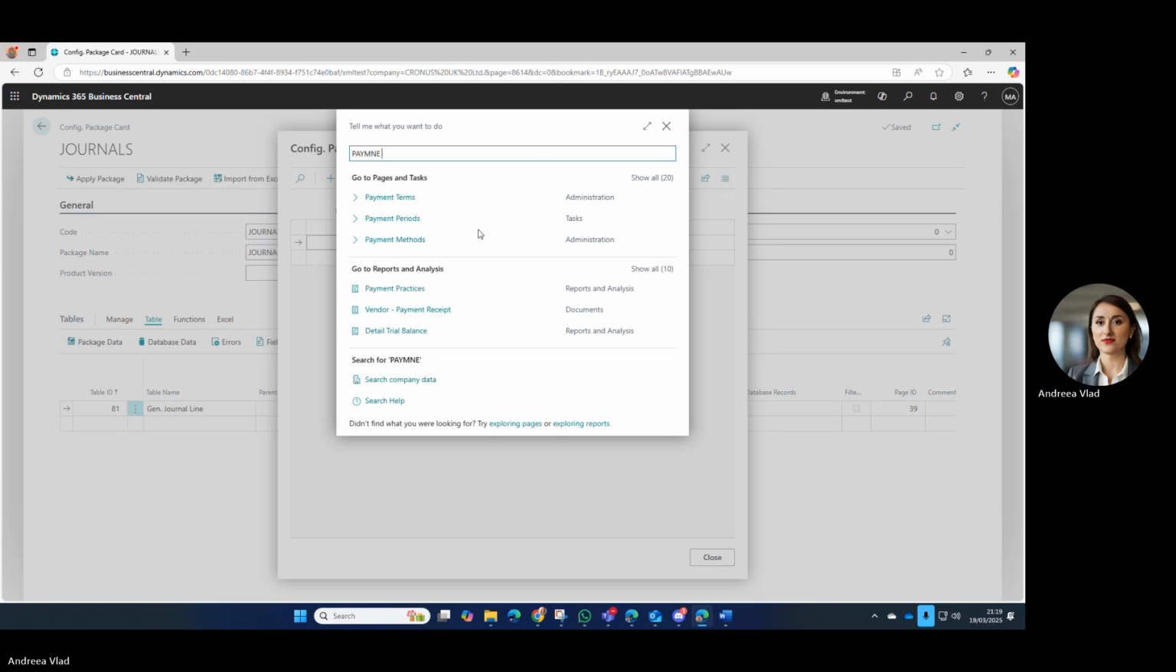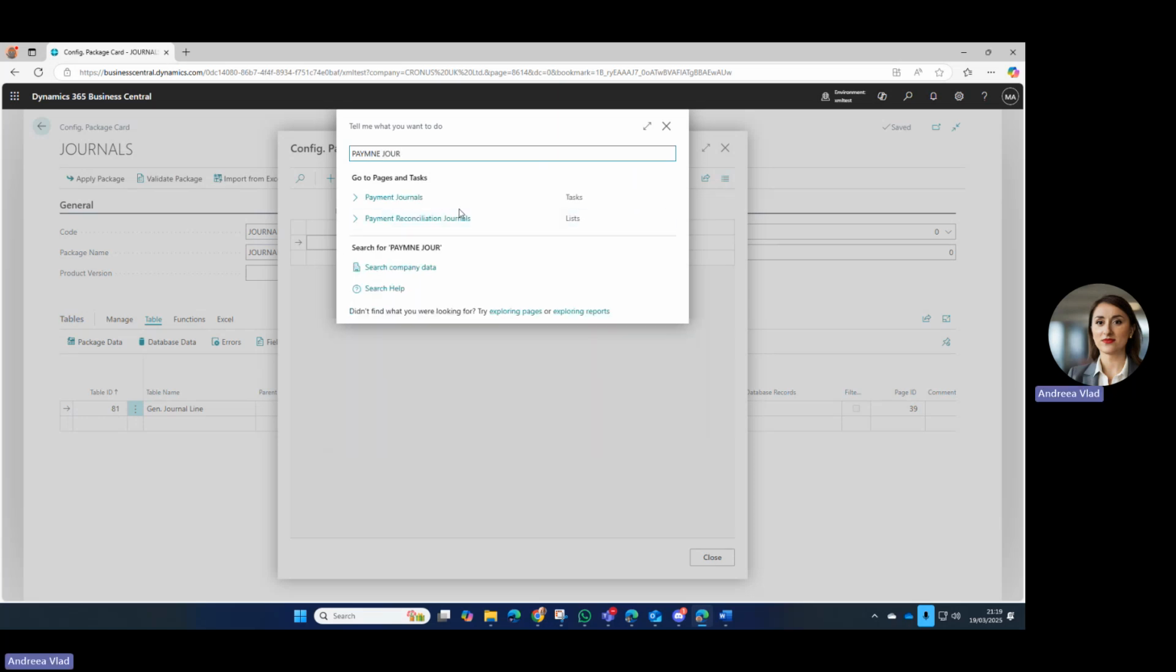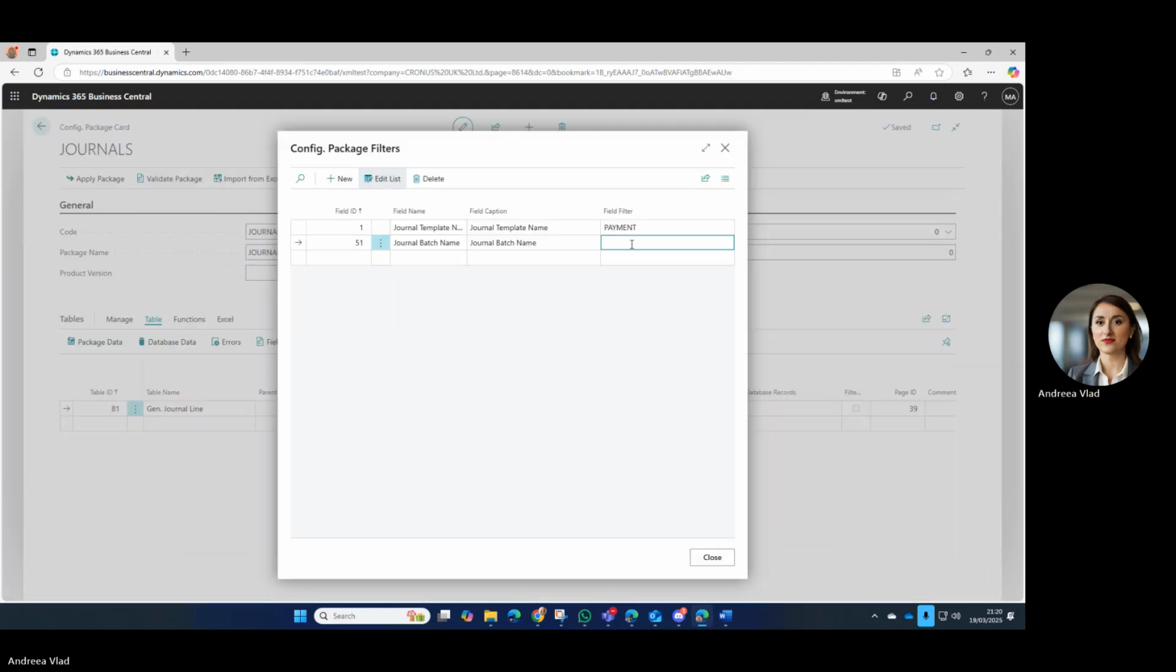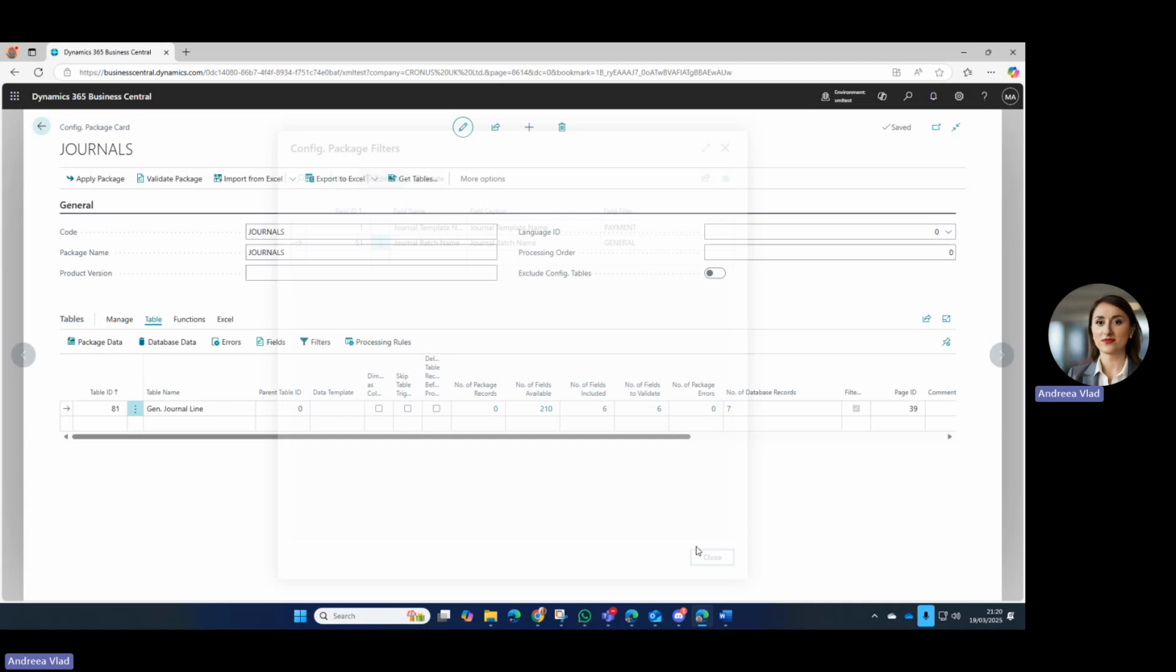Payment journal. So my name is payment journal. I want the general. Okay, fine. General. So I've got the tiny filter that I've added onto my general journal line configuration package, and I'm hoping